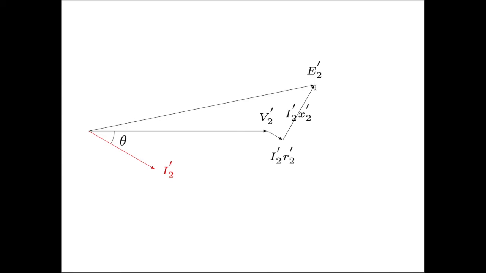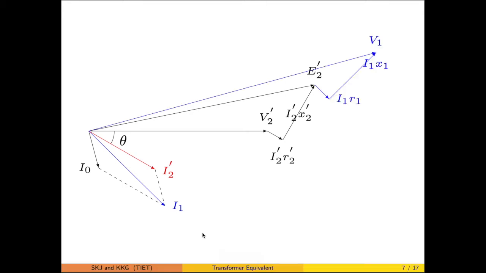Now with this you have to add the magnetizing current component. So that magnetizing current component is drawn as I0, that is added with I2 dash, and it is coming out to be I1. So this I1 will be the current in the primary. Impedance drops are added to obtain the supply voltage or source voltage V1. So just like this, the same steps which we have carried out in the practical transformer case, here the phasor development is now completed.